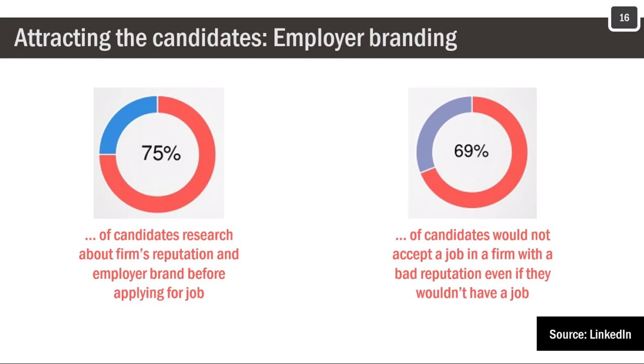When a high potential employee checks out a company, the first place they go to is social media platforms like Facebook and LinkedIn, or review sites like Glassdoor. The company presence on these sites is usually owned by marketing or PR. But to reach the potential job candidates, you also need to ensure that your message on these platforms is employee-friendly and employee-centered.